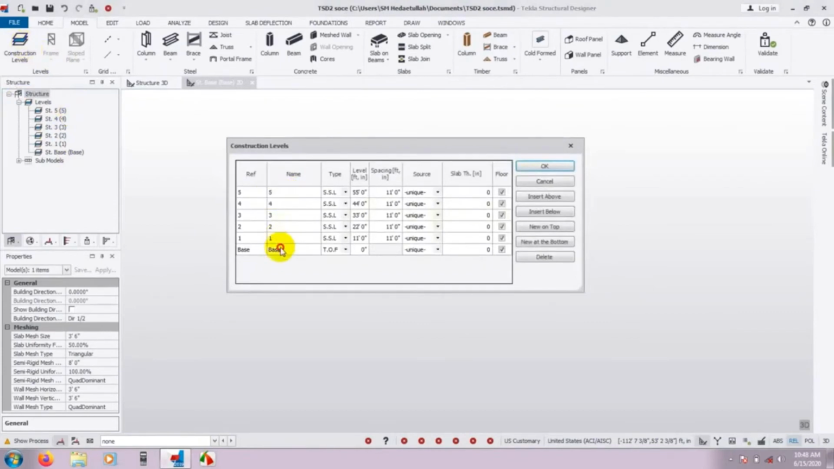Okay, suppose this is the base, the reference, and this is ground level, the ground floor. Then if we go here, this is level 2, and if we go here, it is the second floor. If I copy that, Control C,